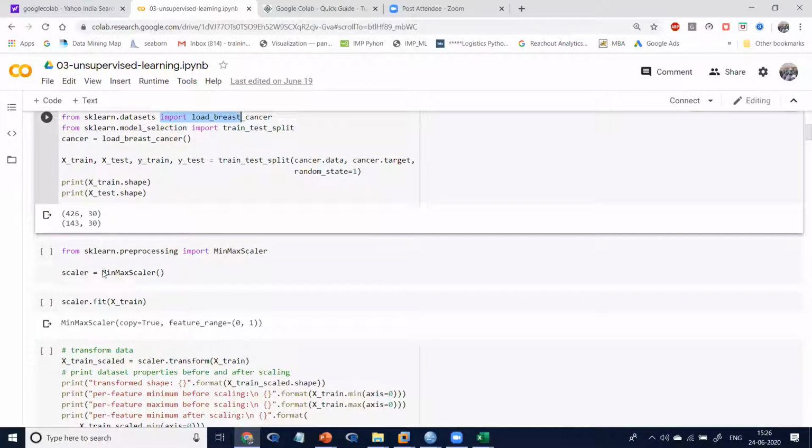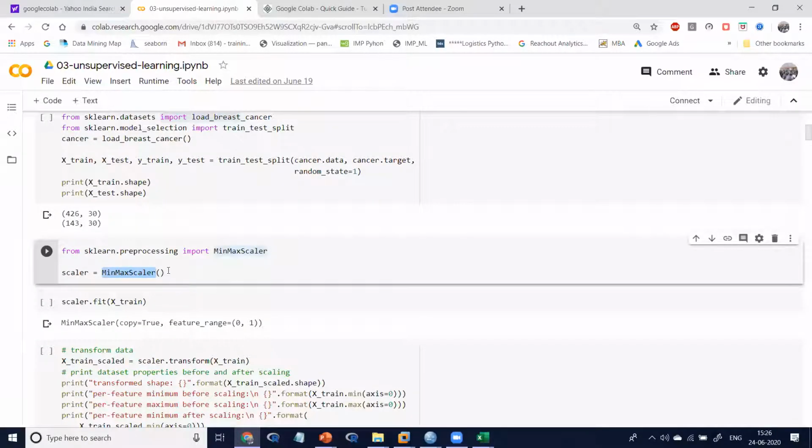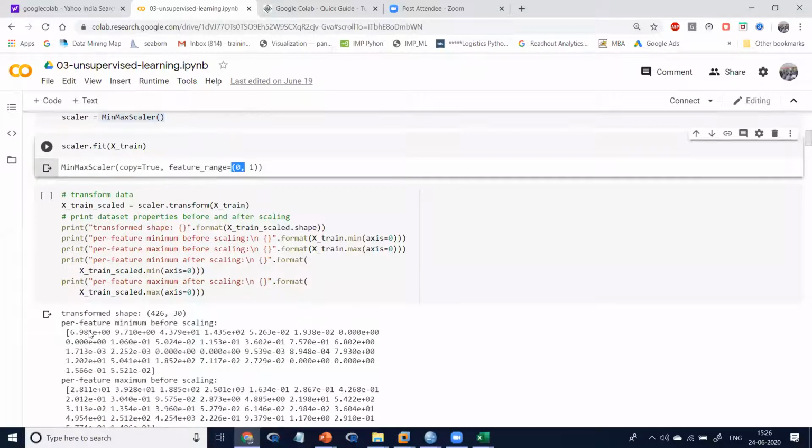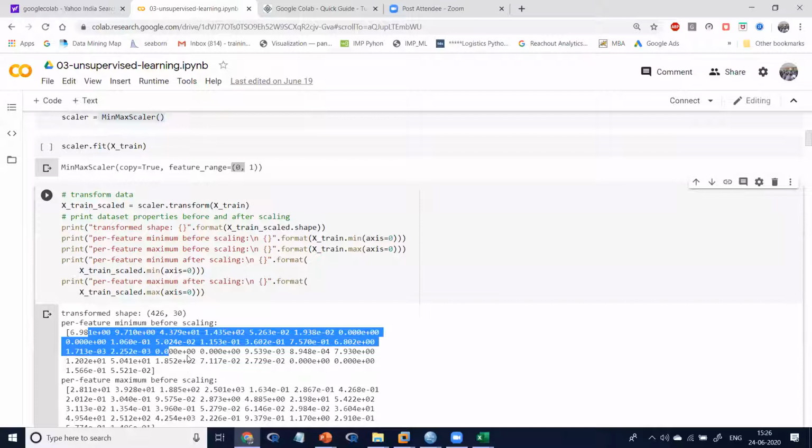We are applying min-max techniques. Import pre-processing. Apply these techniques. Your data is becoming normalized like this.